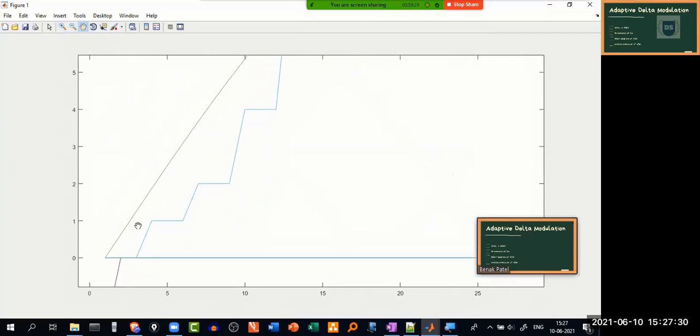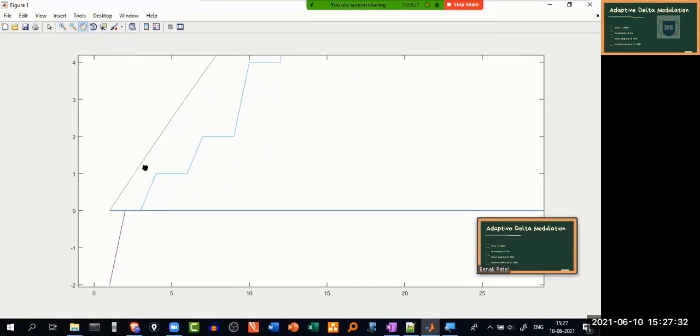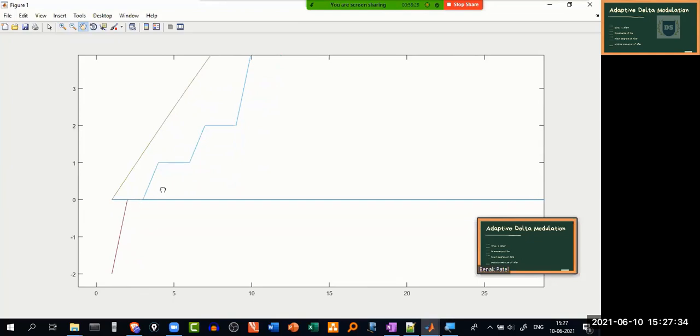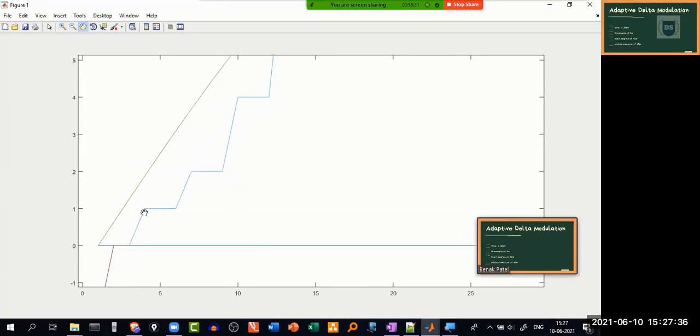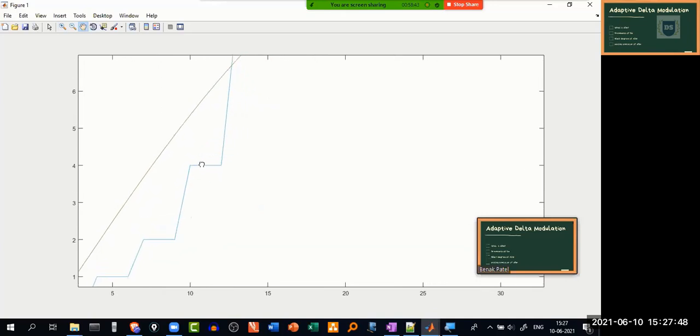you can have a better idea of how exactly the step size is changing. Even though ideally we expect a 90-degree slope, the approximated output has this kind of step size over here.